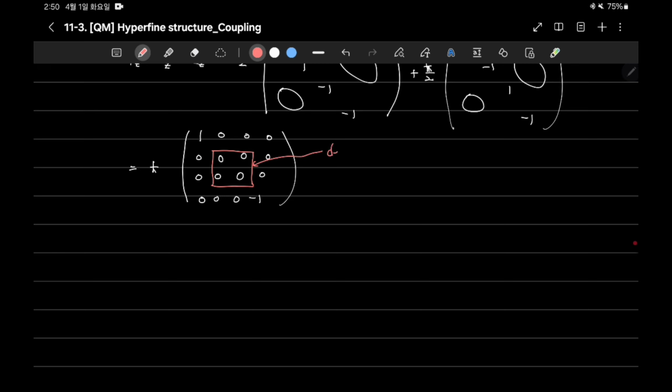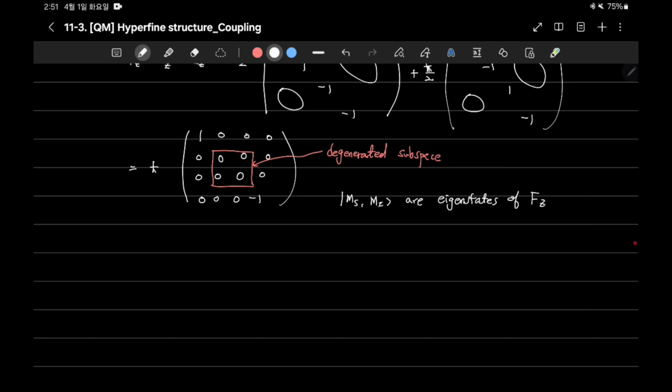We can define it as a degenerate subspace, so we should diagonalize this matrix. Then MS and MI, the eigenstate